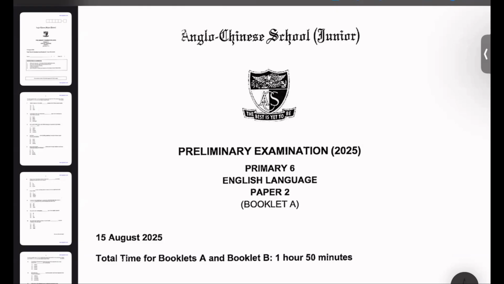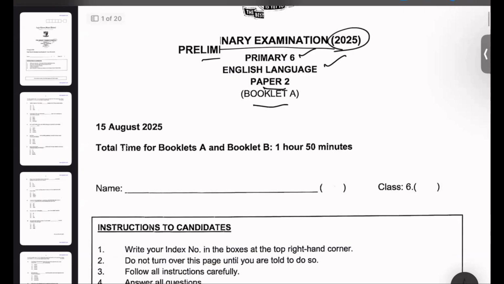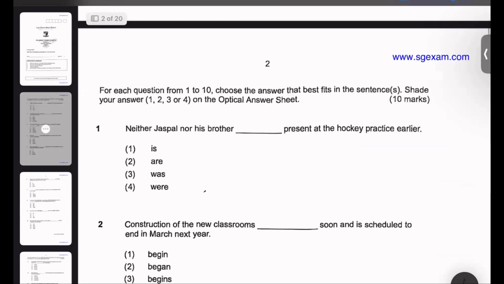So I have taken Anglo-Chinese School Junior School's preliminary examination paper 2025, and that's for primary 6 English language. And I've taken paper 2, which is starting with booklet A, first exercise. Taking you to the first exercise, I would first want you to understand the very important topic that is there